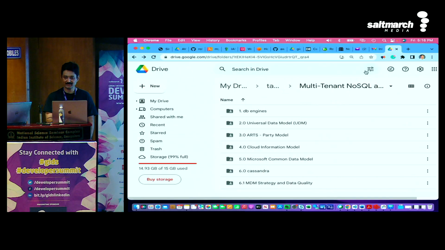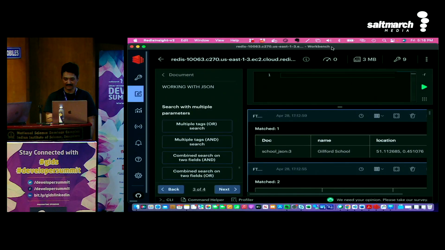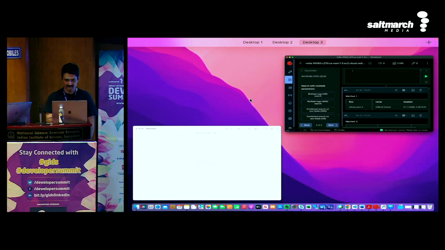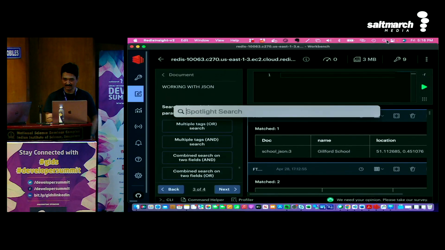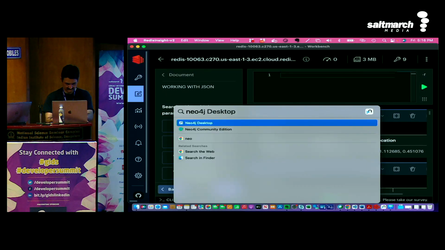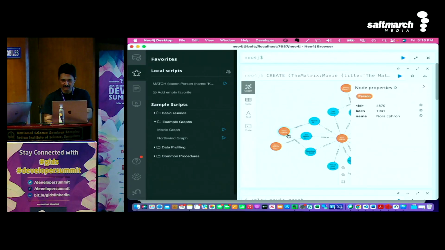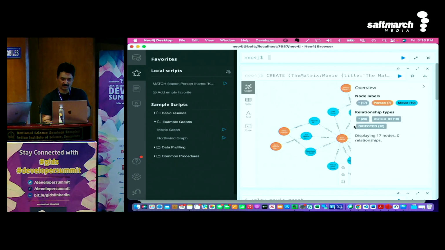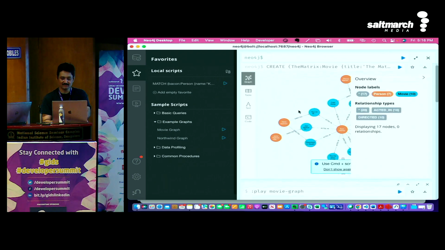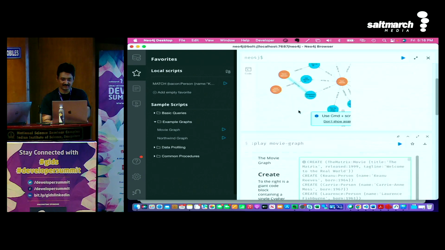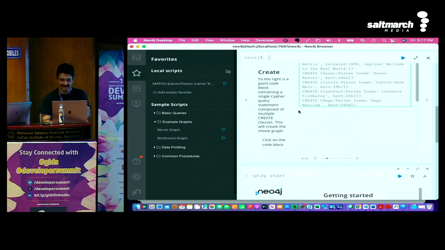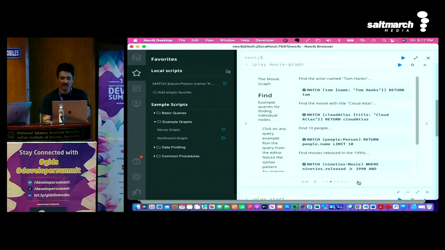Okay. Let's see here if I can find it. So Neo4j, let's see if I have it. Okay, Neo4j is here. Let me open this one. Okay, so this is all the movies which are there. But the main thing, the major strength which I really liked about this, is that it's not just the matching.